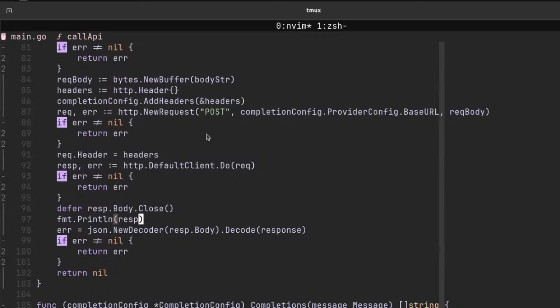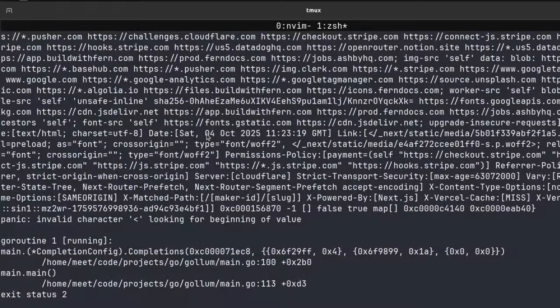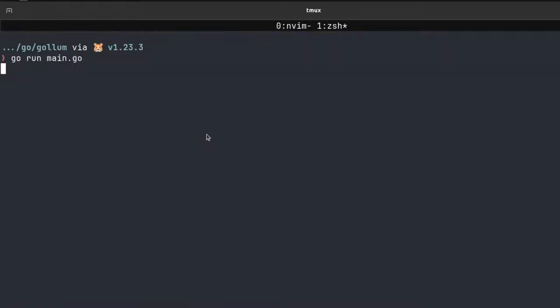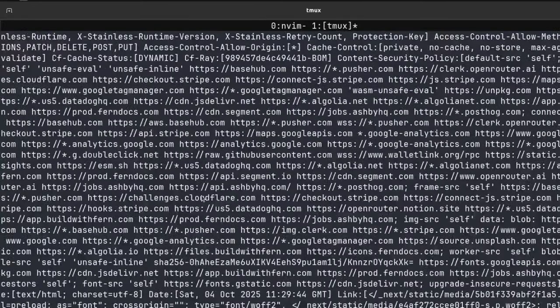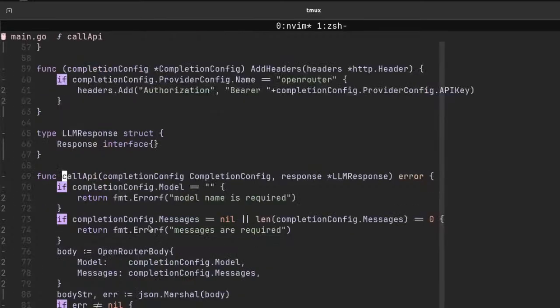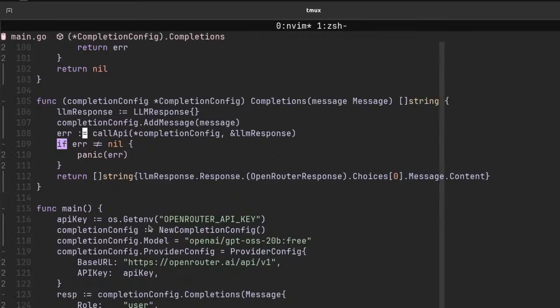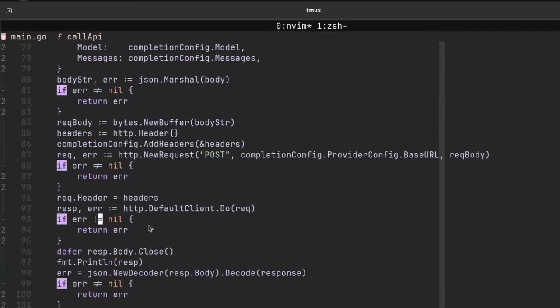Yeah, that should hopefully work out for OpenRouter at least. And it's taking time. We are panning, erroring out, okay. So what we need to do here,